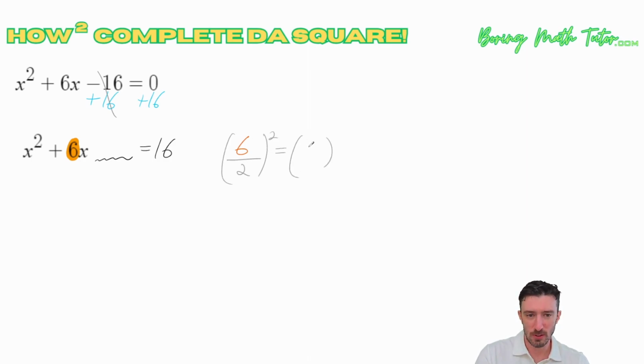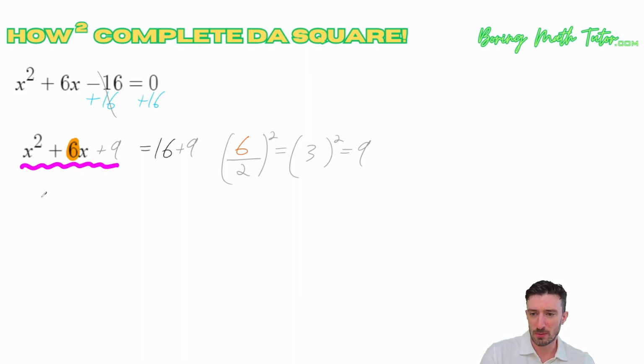So if you divide 6 by 2, you get 3. If you then square it, you get 9. All right, so 9 is the number that you want to put in this space. But if you add it to the left side, you also got to add it to the right side. And now that we've done that,